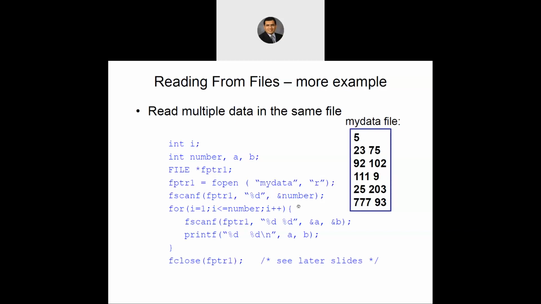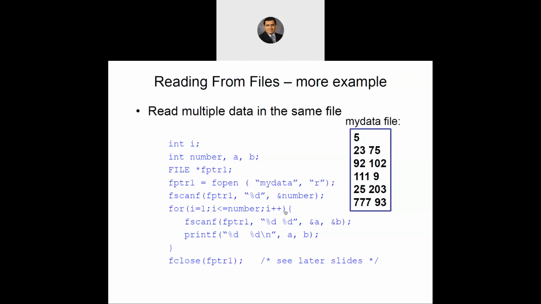5 means it has to go inside your number and be stored in your number variable. Why 5? Because 1, 2, 3, 4, 5. And every value is separated by a space. So 23 and 75 will be stored